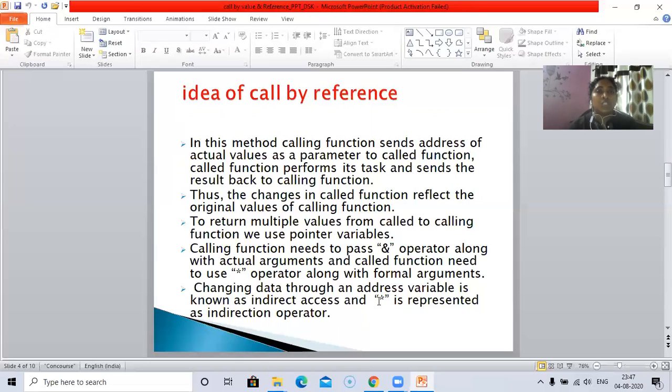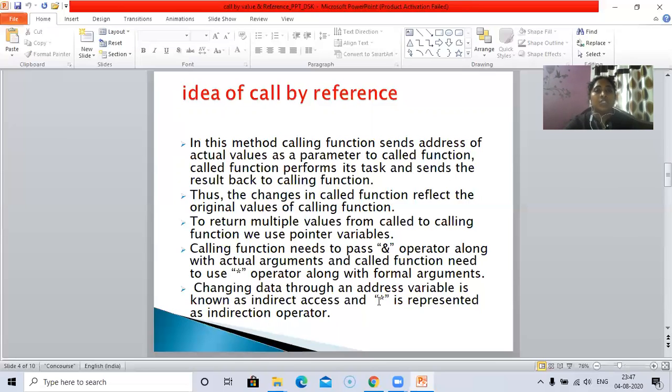So the called function will attain the value at that particular address, and whatever manipulations or changes are done within the called function will be reflected back to the main function, which is the calling function.